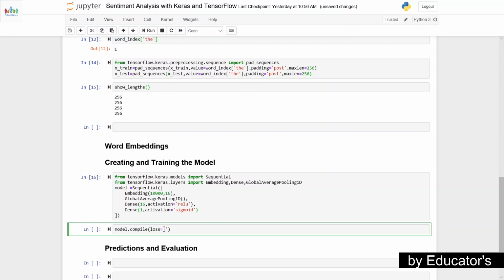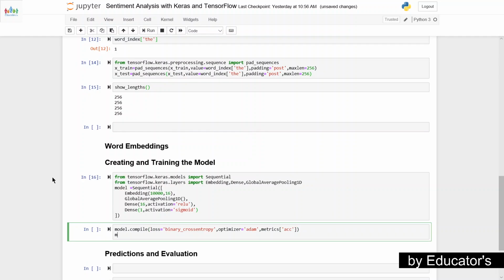The loss function here I am going to use is binary cross entropy, and also the optimizer to be used here is the Adam optimizer, optimizer is equal to Adam, and here I am going to use a metric. It is accuracy. Okay, that's all,